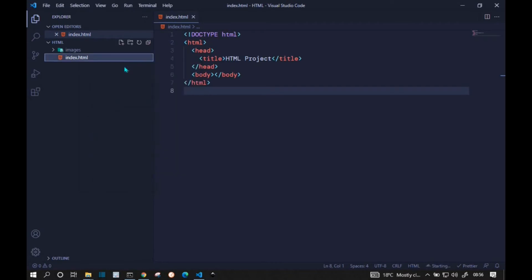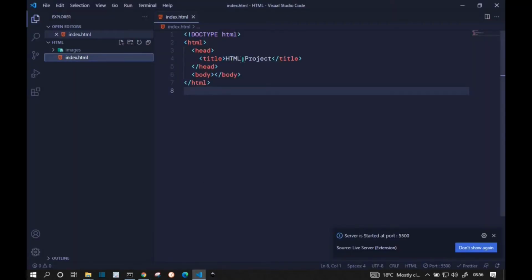So I'll click on Open with Live Server, and this will open our file here in the browser, and there we go. Right now we don't have any content, but we have this title that we have just added, HTML project.